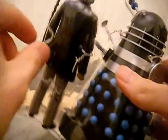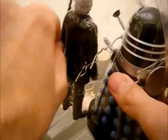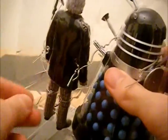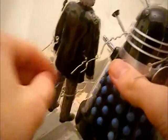Obviously these particular figures, I don't want them to get bashed about on my shelf so much, because just lately all the figures on my shelf seem to be alive. Like, I go to work, I come home, and they've moved. Well, they're on their arse basically, they're falling over, which really annoys me. I've thought about blue tacking the ones that do fall over, but I don't really want to make them all sticky and horrible on their feet. There seem to be one or two figures that basically encourage the rest to fall over, but whatever. Anyway, so